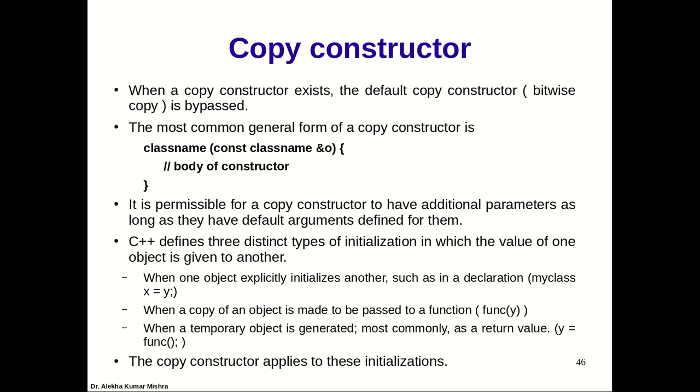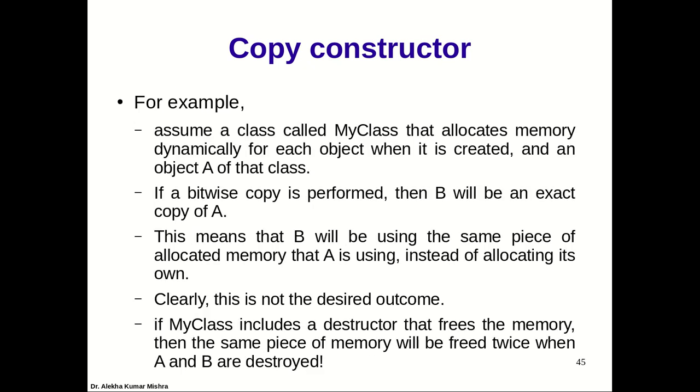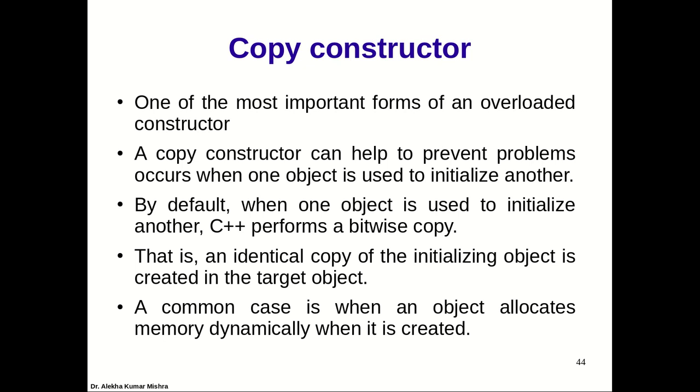So for this, a safe way is to use a copy constructor instead of making a bitwise copy like that. I have shown you OB3 equal to OB1. It is better to use a copy constructor. When we don't define any copy constructor and we copy one object to another, the compiler will provide a default copy constructor, which will do the bitwise copy. As I told you, if you don't involve any dynamic memory allocation, then bitwise copy has no issue at all.